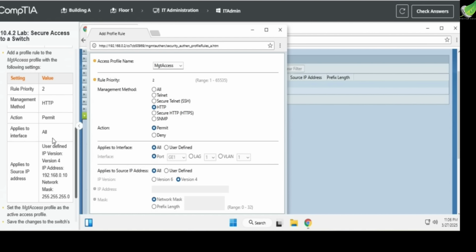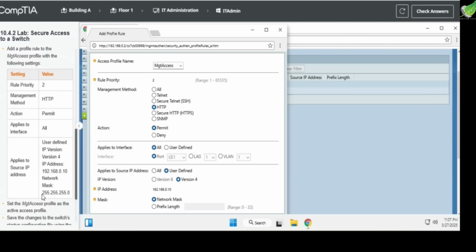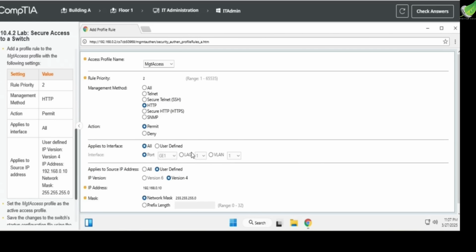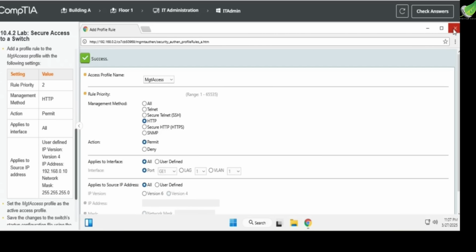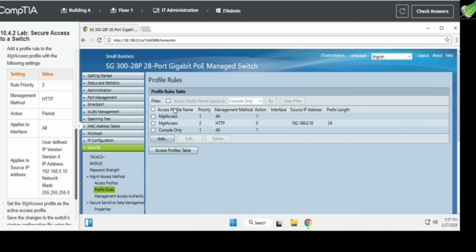This is already permitted. Let's see. Yep, user defined, and then IP address 192.168.0.10, with mask 255.255.255.0. So let's expand this so that you see clearly. Okay, so that is it, and then we